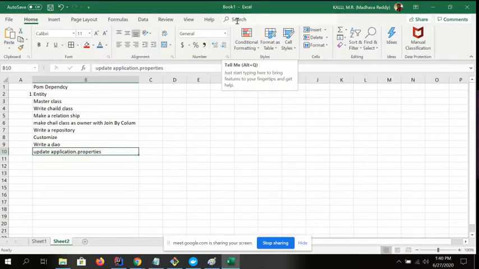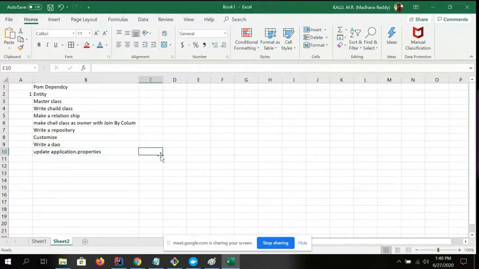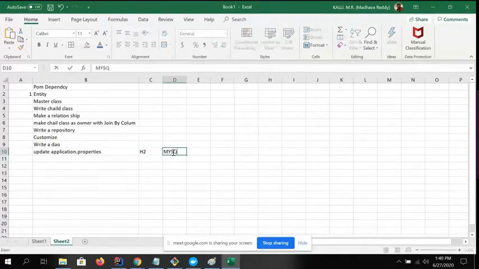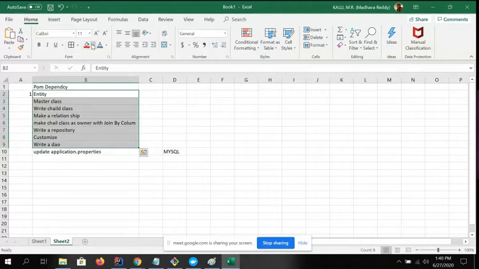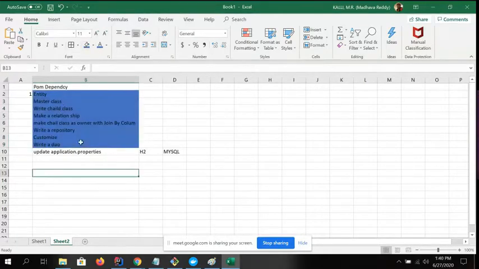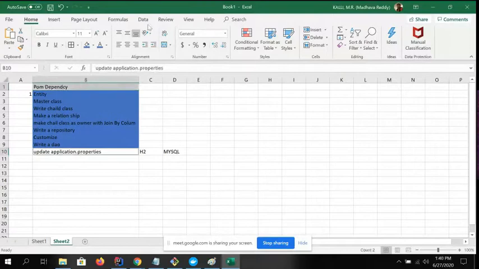Or else, if you are using Oracle Cloud or something, you can update the properties, and it is also minimal. Suppose now you are on H2 and you want to migrate to MySQL. What do you need to do? You need not make any other changes except two: the POM dependency changes and the application.properties. These are very easy to find in their specification.